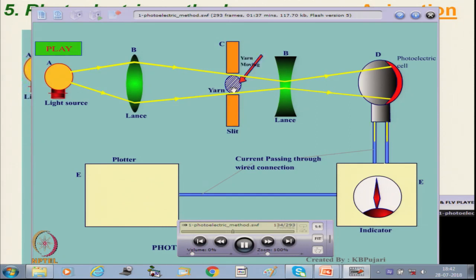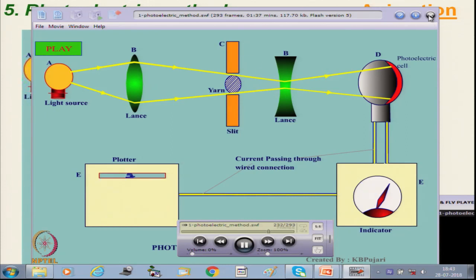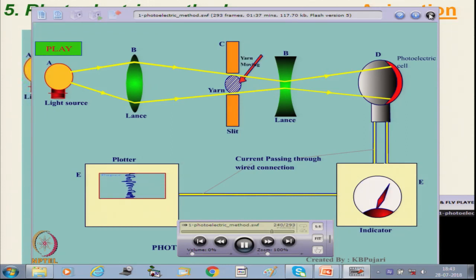As the yarn moves, the diameter varies at different positions, and so it shows the current variation, and we can plot this variation which is proportional to the variation in yarn diameter. This is the type of plot we can get. This shows the variation in diameter, and then we can calculate the variability.